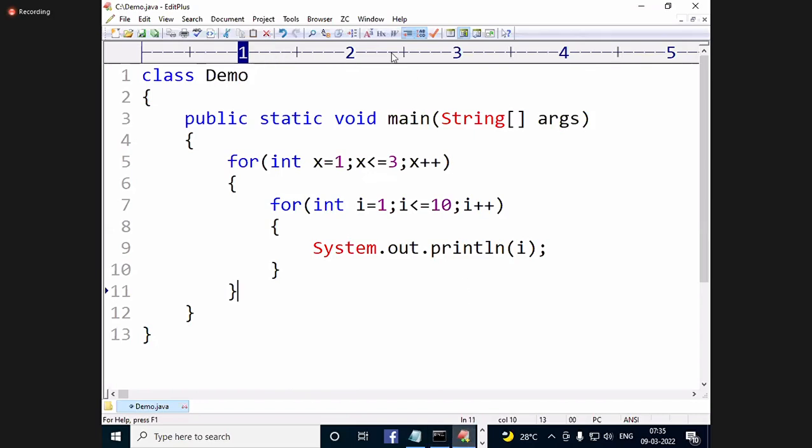Now write this one. So the output is 1 to 10, 3 times.